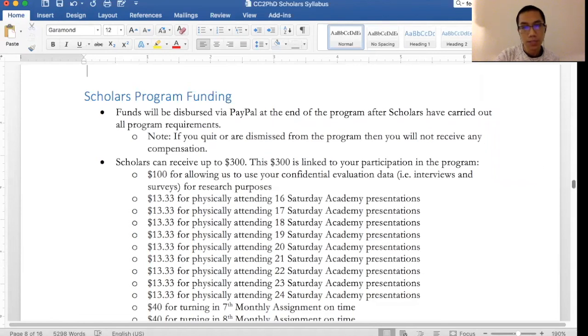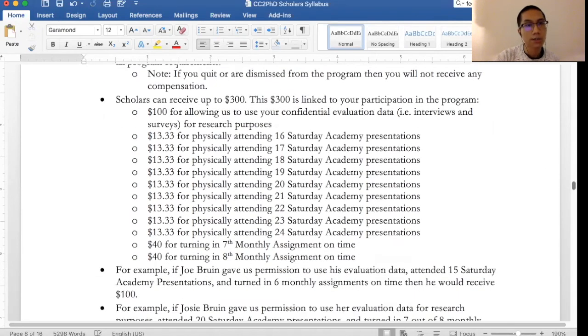So scholars will receive, let me just scroll down, $100 for allowing us to use your confidential evaluation data for research purposes. And you'll also receive $13.33 per individual Saturday Academy presentation that is above the 15 minimum. And then you'll also receive $40 for every monthly assignment that you submit on time that is above the 6 monthly assignments minimum.